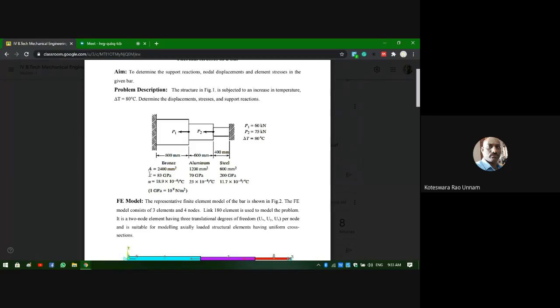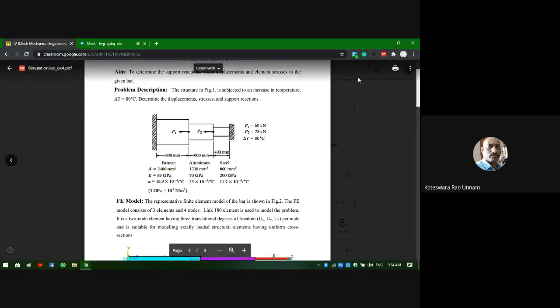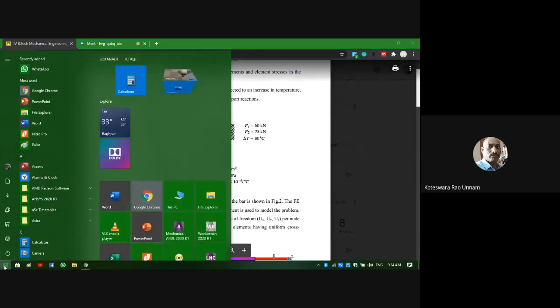Here I have three materials, so I need to define three material models. So far in all the problems, we have taken only one material model, so we created only one material. Now in this particular problem, we have three materials, so we need to create three material models. Similarly, you have three different cross-sectional areas, so you need to define three sections. Once you've done that, the remaining part of the solution is similar to your previous problem. Now I'll take you through the software and we'll see how we can solve this problem in the software.